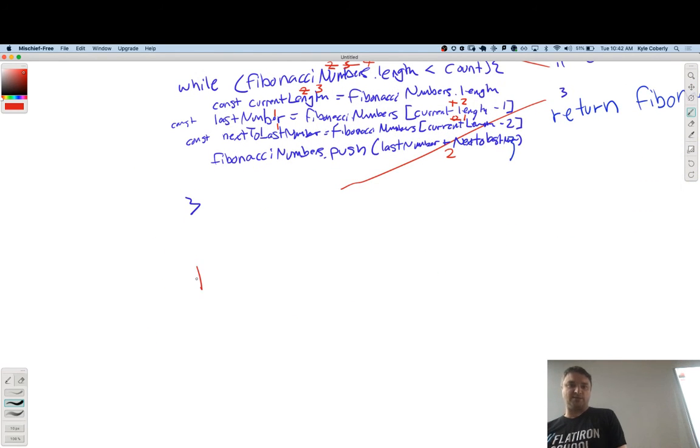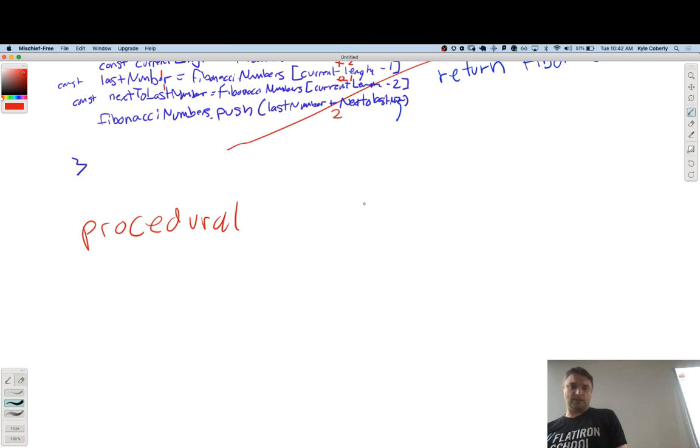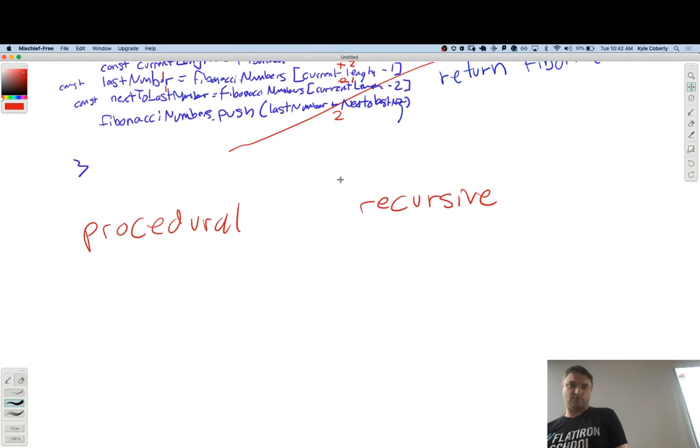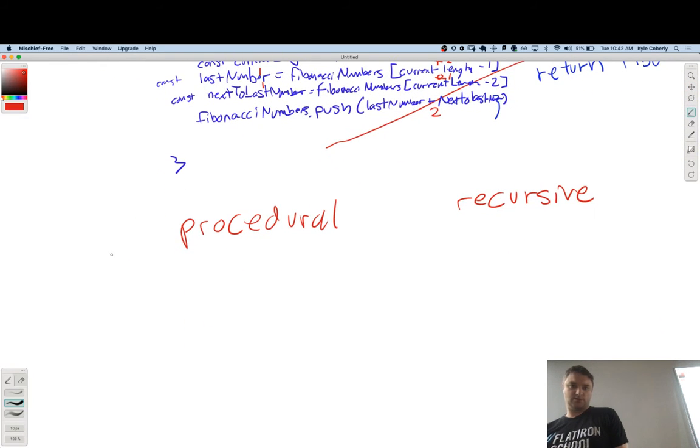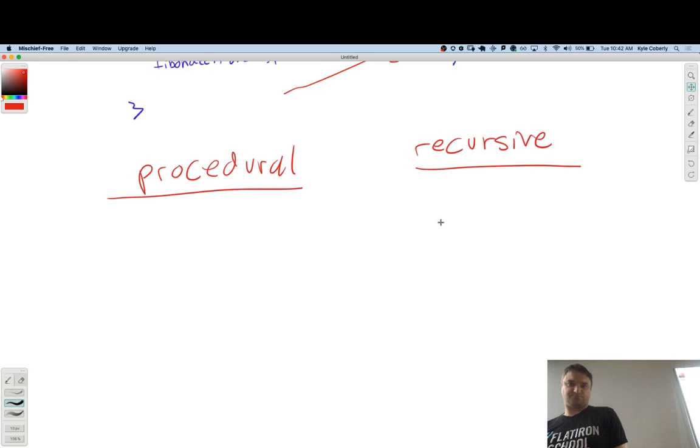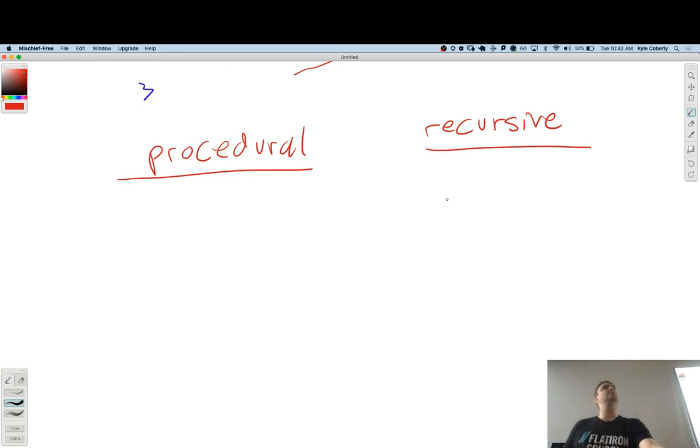So if I call my solution the procedural way to do it, and I compare that with the recursive way to do it, with any recursive solution, one of the things you have to worry about is the call stack.